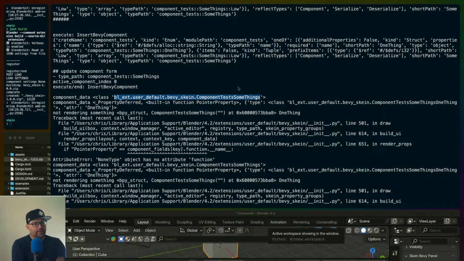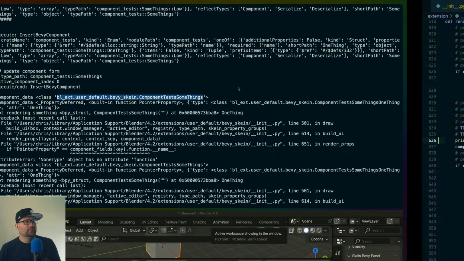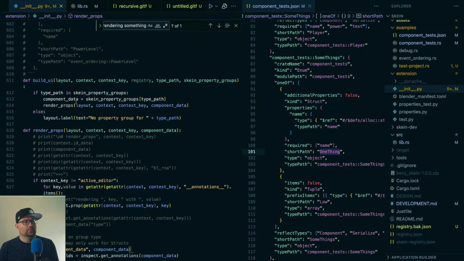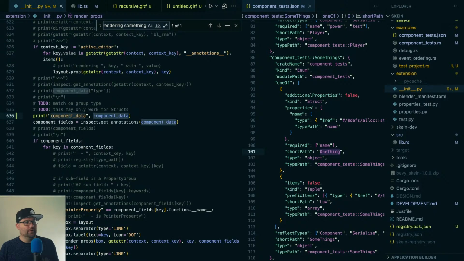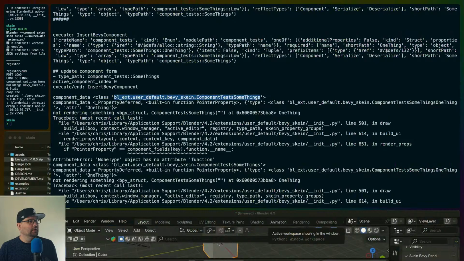Okay, so we get component test some things, and then we're recursing down into the pointer property, right? I think this is recursive if I remember. I think we're in update component form actually. This is in render props. Okay, so component data is in render props. This is recursive. It is rendering the annotations